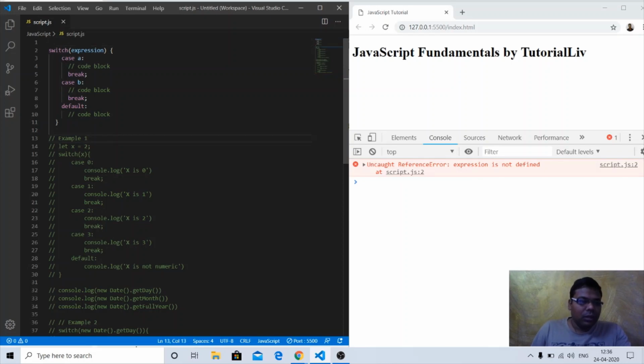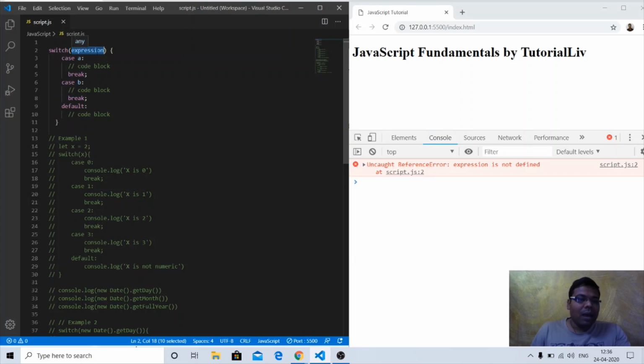What you can see is there is an expression. We can write any kind of expression, a boolean expression like greater than or equal to, or we can put a variable that has some value defined prior to this block of code, and then we will check for different possible cases of that expression or variable.